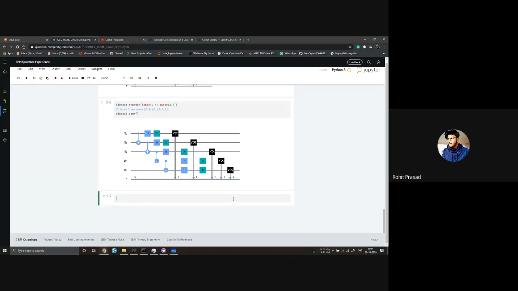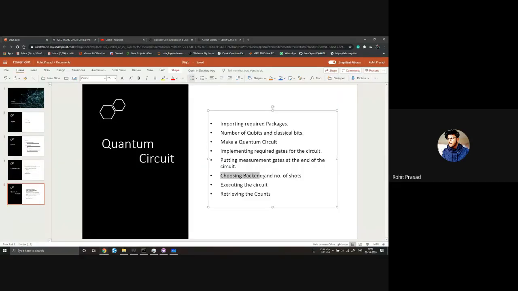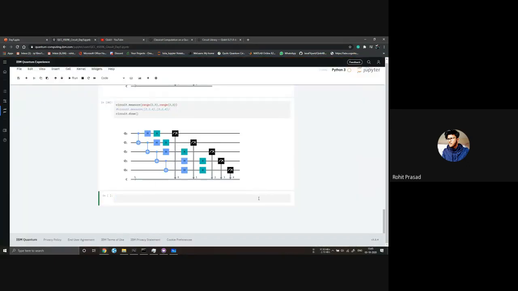Now what we did is make a circuit. Now we want it to run on the quantum computer. So what we do is we choose a backend. What does the backend mean? Backend means the machine on which you want this circuit to be run.